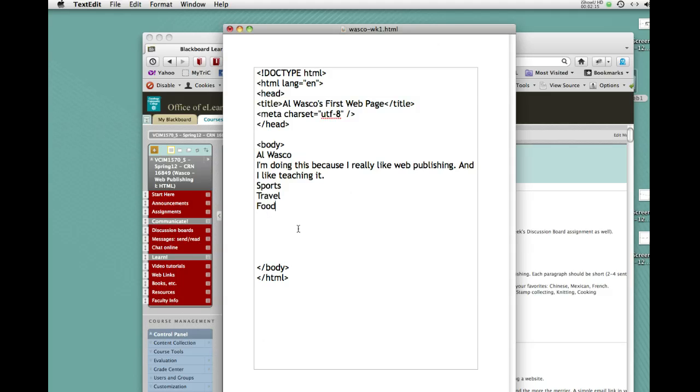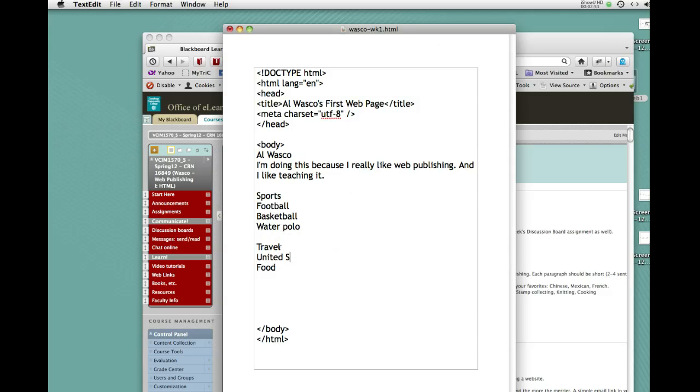But big categories, because underneath each of these big categories we're going to put some separate items. Like if I were interested in sports, I suppose I might be interested in football, basketball, and water polo. Since I don't swim, I'm really not interested in that either, but that's okay. And just again, so that I can see what I'm doing, I'm going to put some spaces in there. The browser, as you're going to see, is going to ignore all of these. Travel. Okay, so